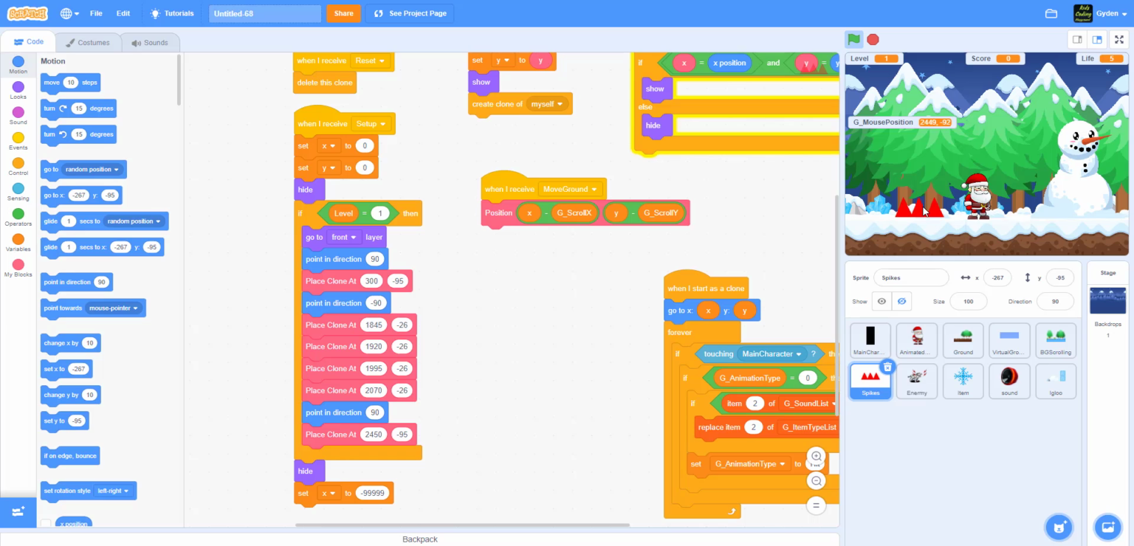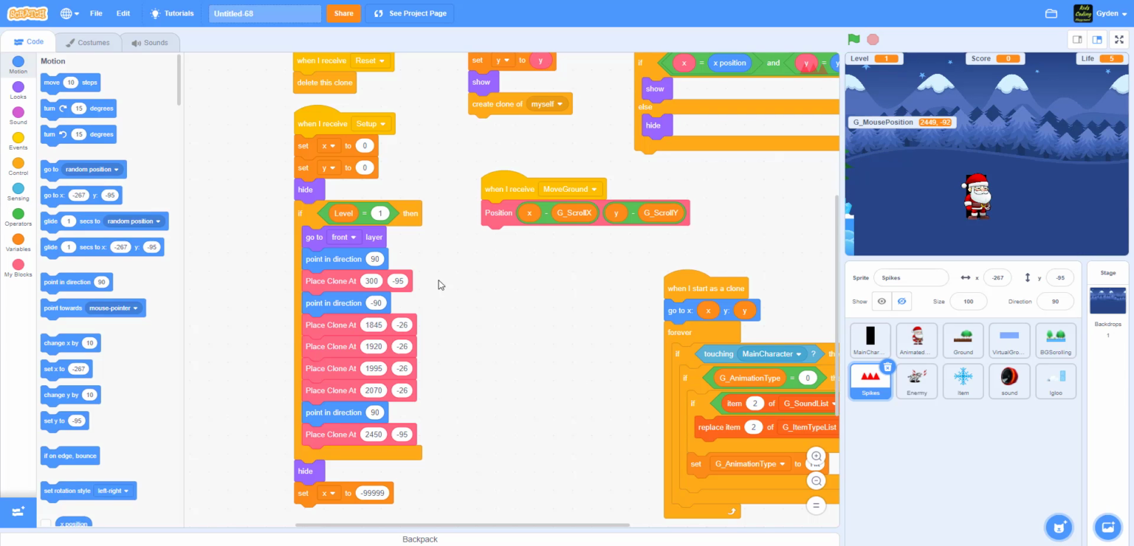So you can click the mouse here. You see, it's 240, 50. You see that? 249.95, so somewhere like that. Okay, so that's how it is. So for the spike,